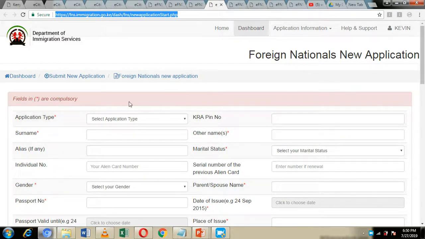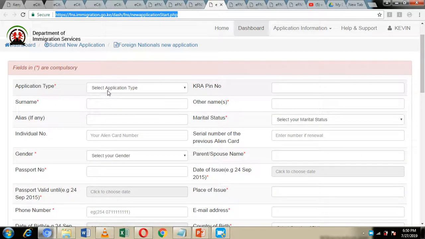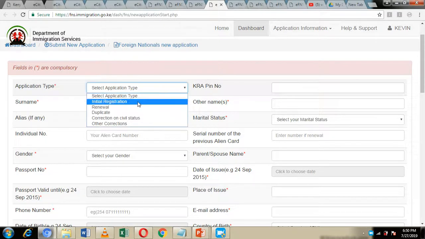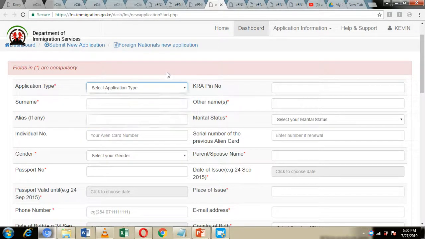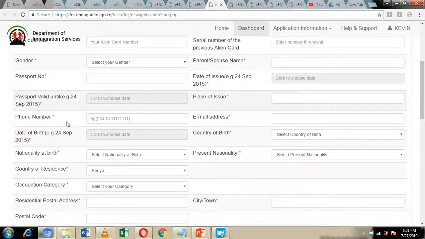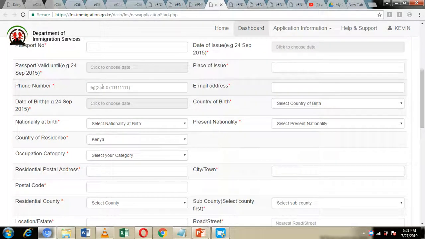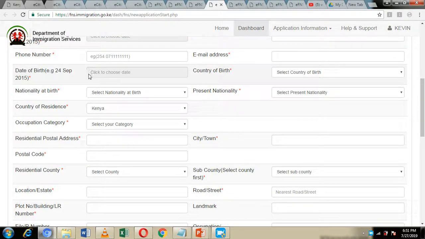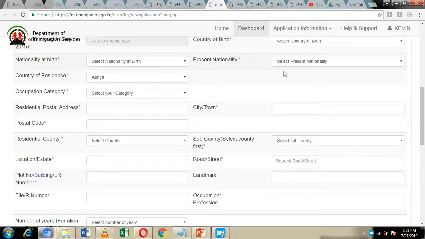This is the form 50. Now you're supposed to fill in the application type, if it's an initial registration, a renewal, a duplicate, or if you want to correct your civil status or other corrections, select which type of application you want. Fill in your name, your gender, your passport number, date of issue, the expiry date, place of issue, phone number, your birth, place of birth, country of birth, nationality, country of residence, postal